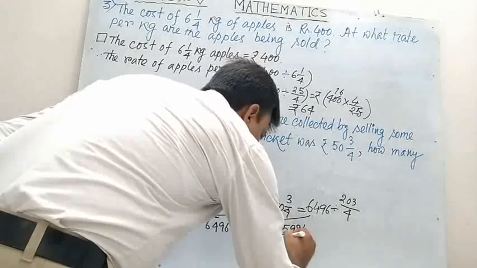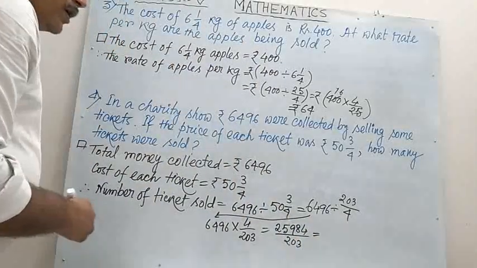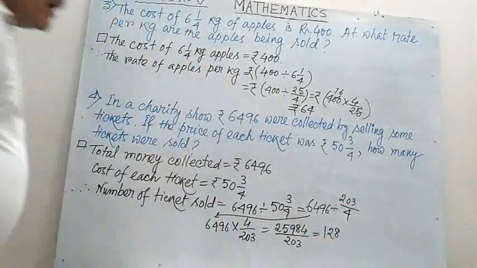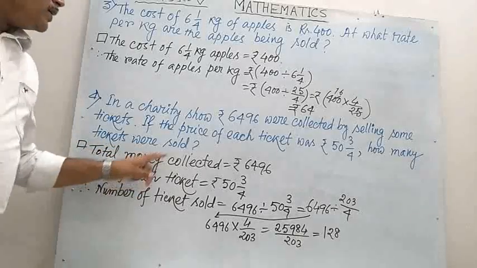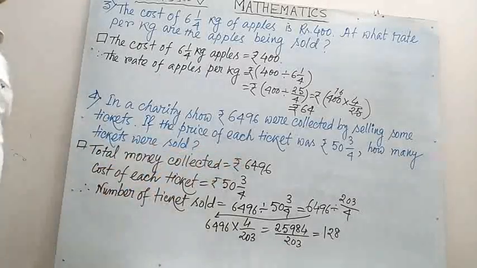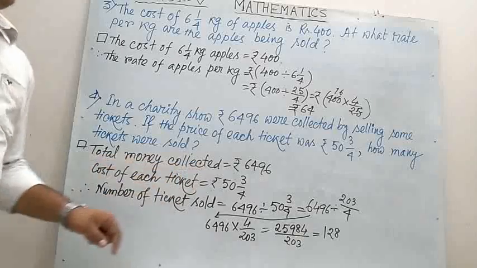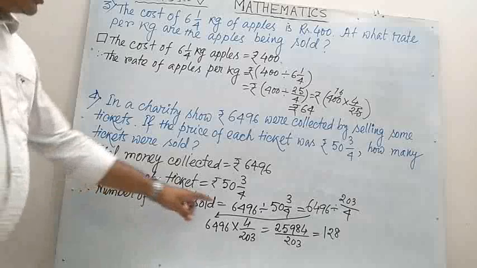25984 divided by 203, and by dividing you will get 128 tickets. So total money collected is rupees 6496. Cost of each ticket is rupees 50 whole 3 by 4. So number of tickets sold